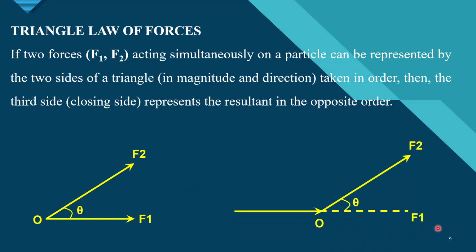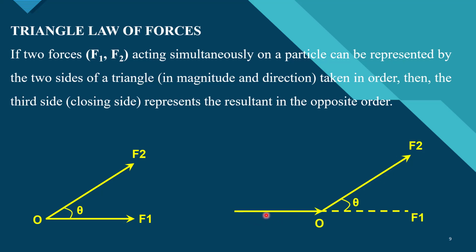See here, this horizontal line shows the line of action of force F1. By the principle of transmissibility of force, we can mark the force F1 anywhere on its line of action. So instead of marking here, I have marked the force arrow mark here. This point denotes the head of the force F1 and this denotes the tail of the force F1. Now you can see that the next force is starting from the head of this force.